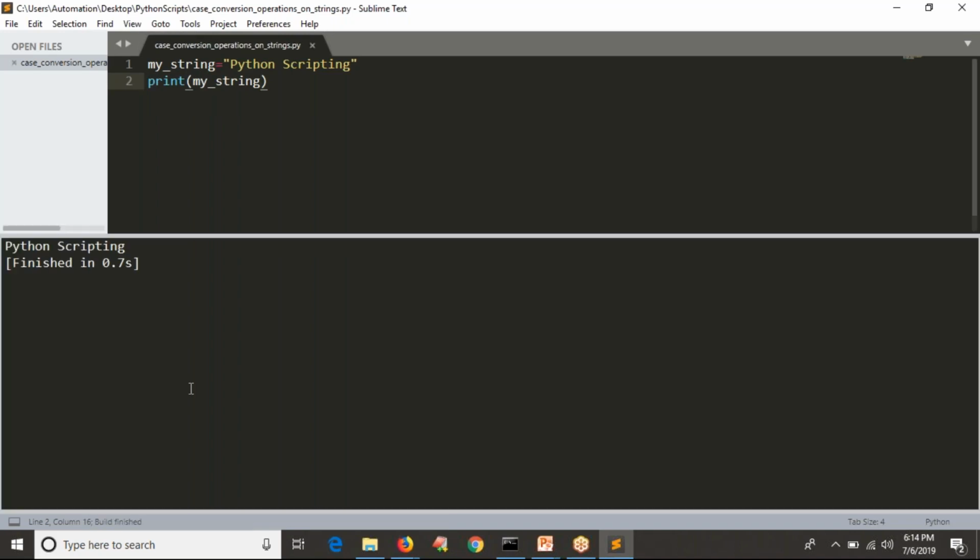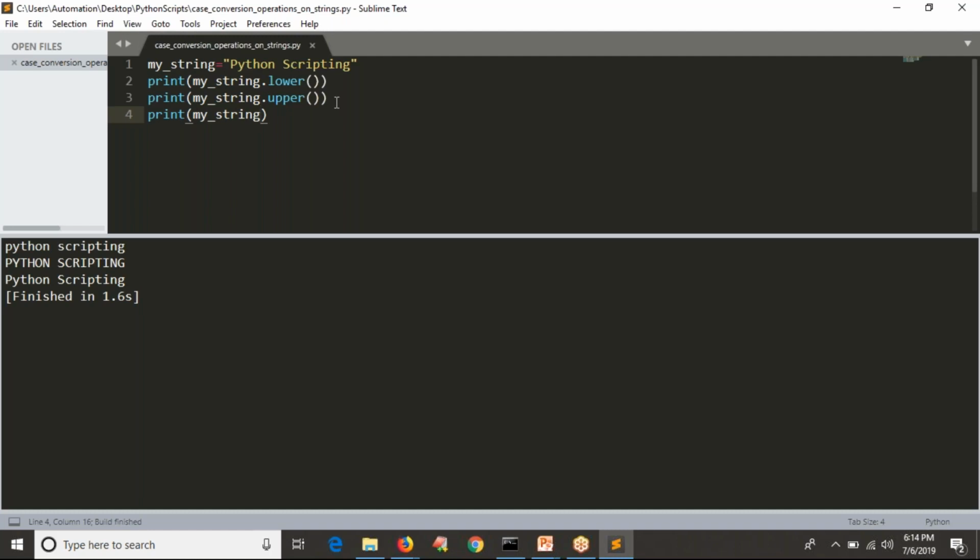Now let me print first our string directly, whatever you have. See the output? Yes, you are getting it. Now guys, I want to convert my entire string into lowercase. Nothing is there, simply dot lower operation on your string. Or I want to convert my entire string into uppercase letters. See the output? Or after performing these two operations, I want to print my string as well. See the output?